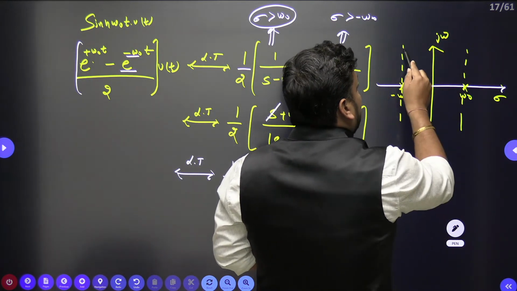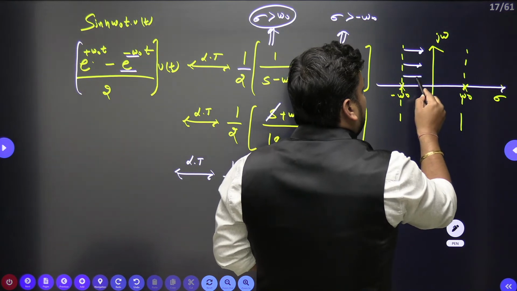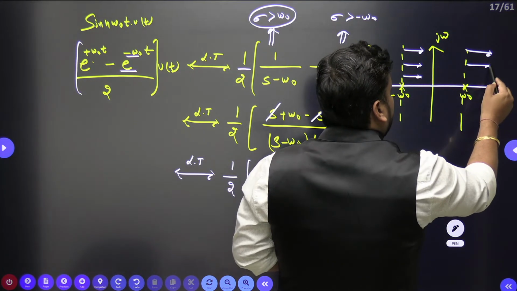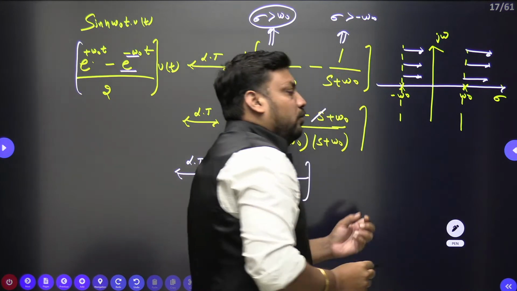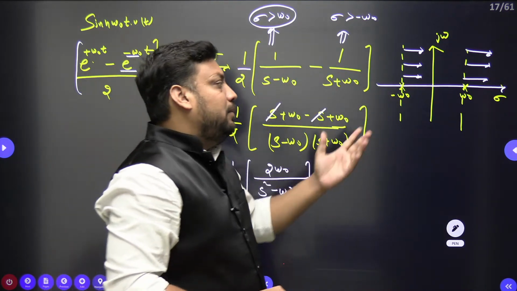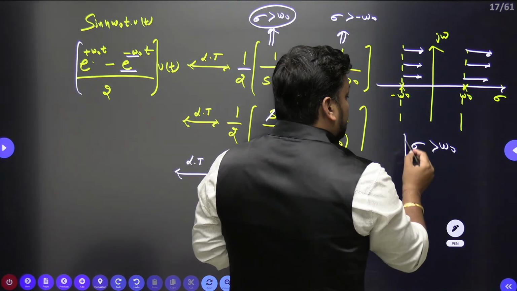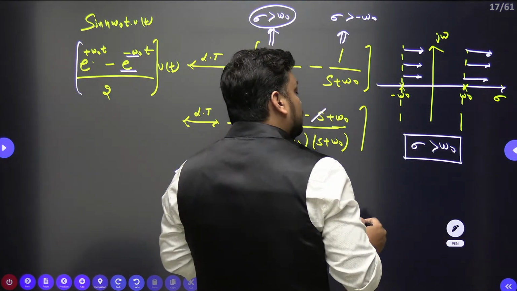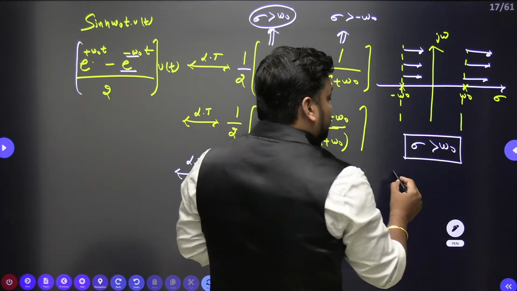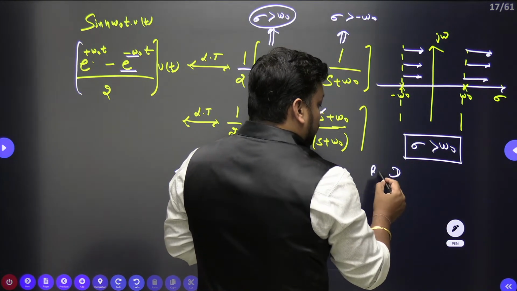Okay. So this is the ROC, right hand side. This ROC is also right hand side. So the ultimate ROC is for right-sided signals. The ultimate ROC is right hand side of the rightmost pole. So here is the ultimate ROC for this. And you can also write a note: ROC